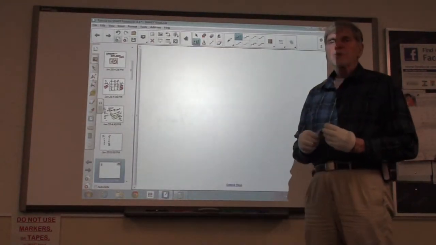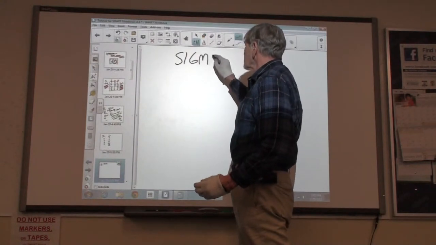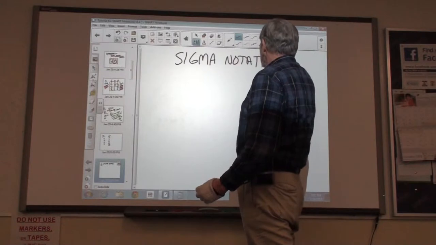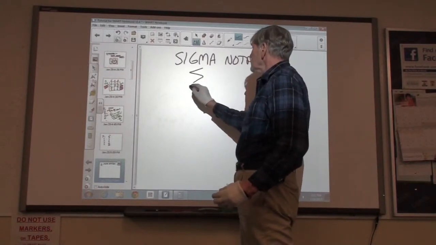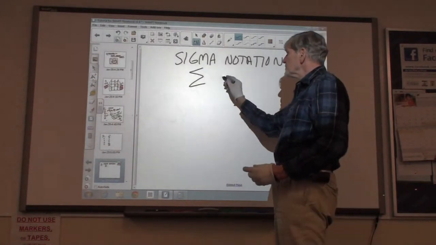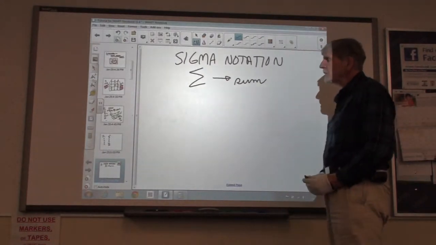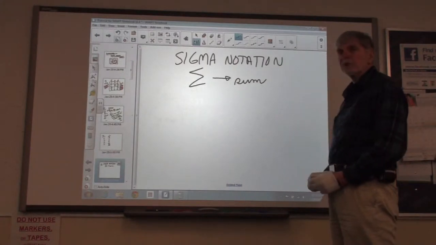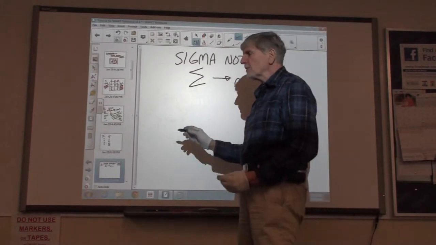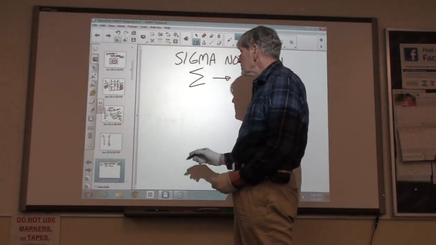I want to present sigma notation. Sigma stands for the capital sigma, the Greek letter, and it is representative of the word sum. So whenever you see the capital sigma letter, you can replace it with the word sum if you want to understand it. So to illustrate the various types of sigmas that you might have in elementary statistics, let's take a